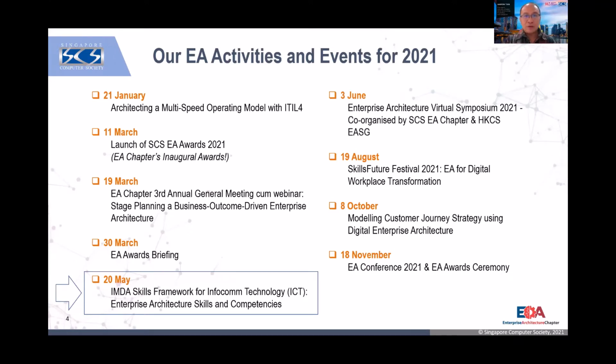This time around, we are going to collaborate with the Hong Kong Computer Society, because the enterprise architecture chapter in the Hong Kong Computer Society, I think, is about 6-7 years older than us, right? So they are our big brother there, but we are working very closely because Hong Kong and Singapore also have many collaborations. Their architecture community is also growing pretty strong. And of course, we are running the next upcoming event and also EA Awards that I'm going to share shortly.